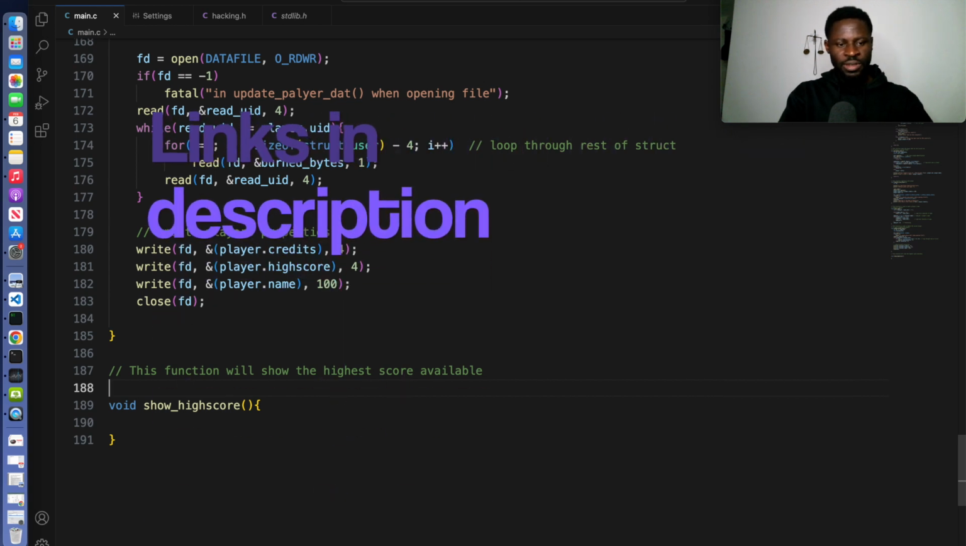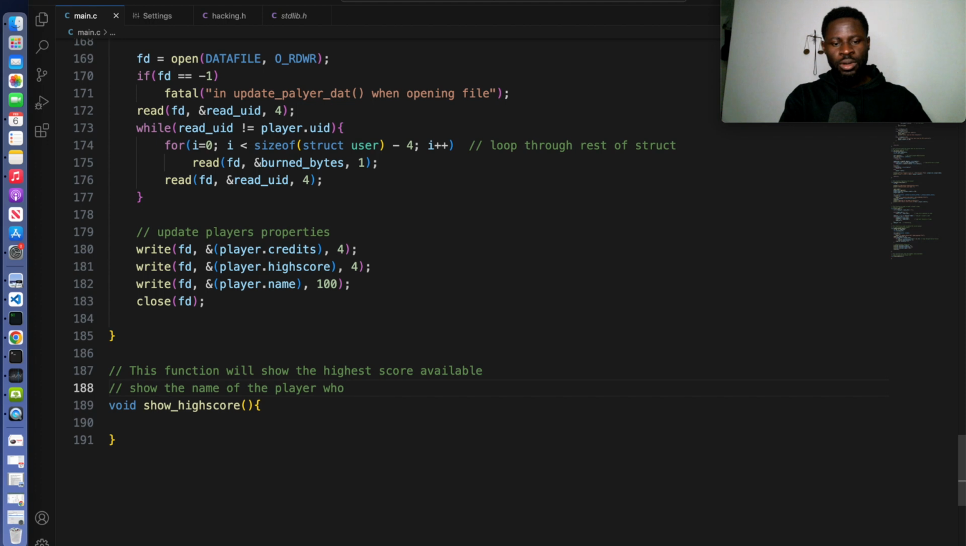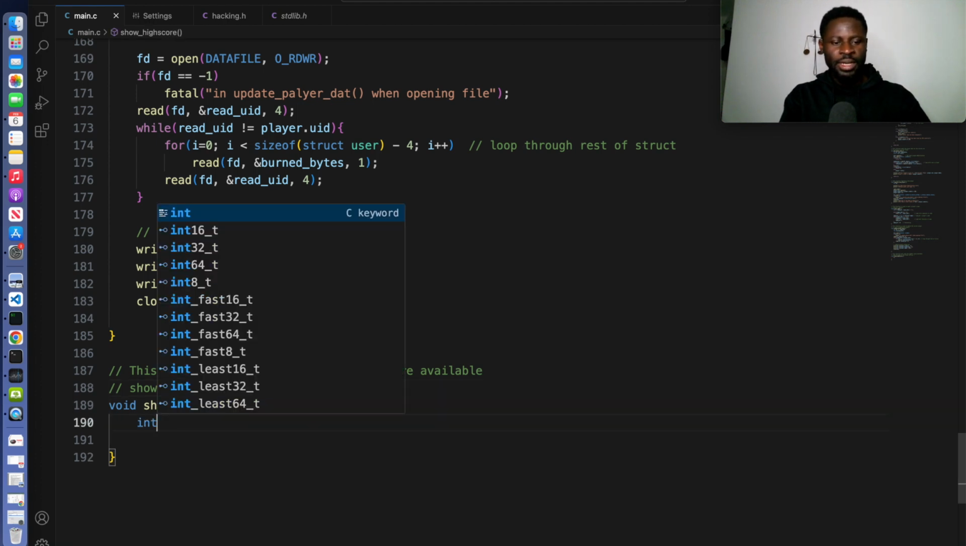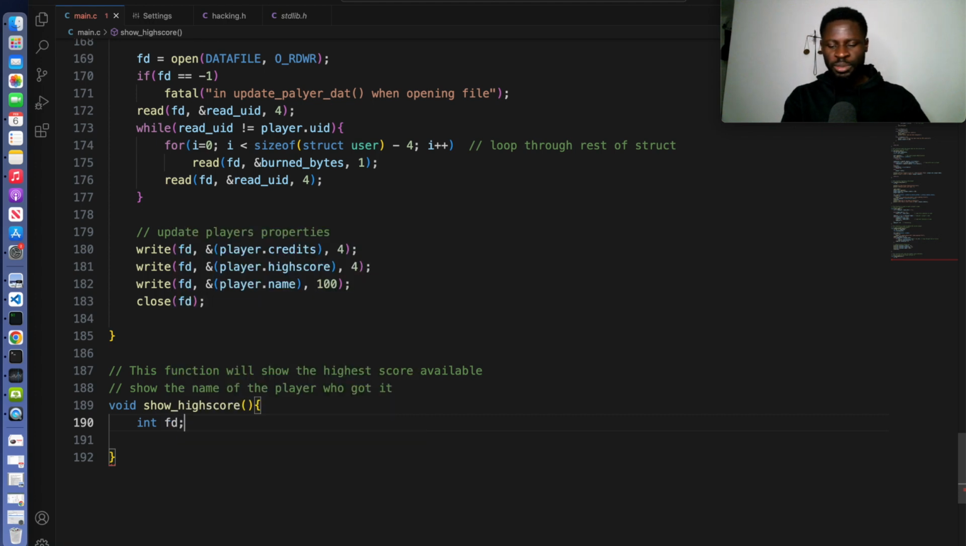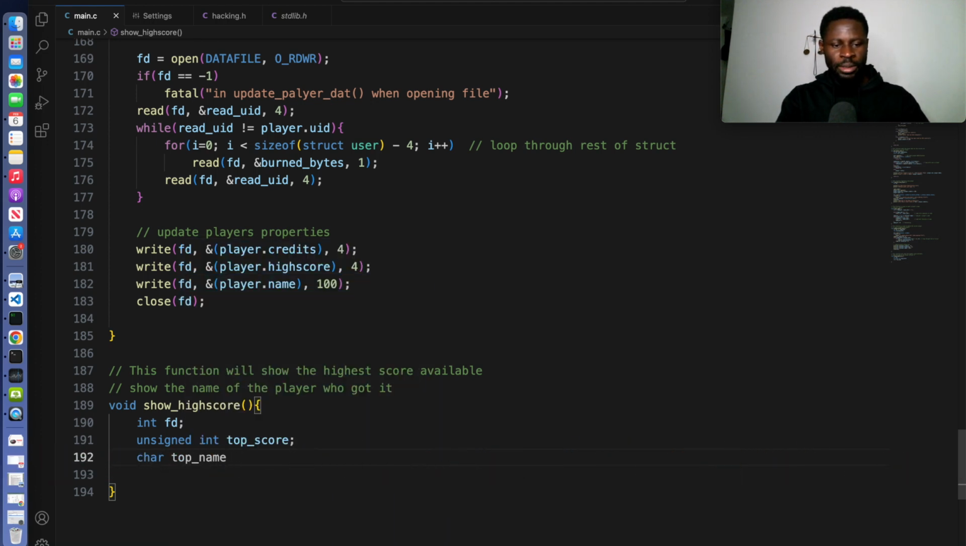I guess this function can also show the name, the player who got it. Okay, now since we will be reading a file, we can go ahead and create our file descriptor, and let's create a variable to store the top score. Make sure it's unsigned int because this cannot be negative. And we can also create a variable to store the name, right? Top name. And this can be a character array of 100 bytes,